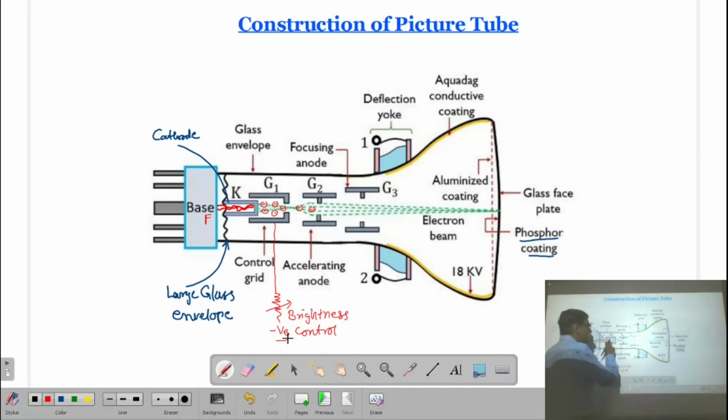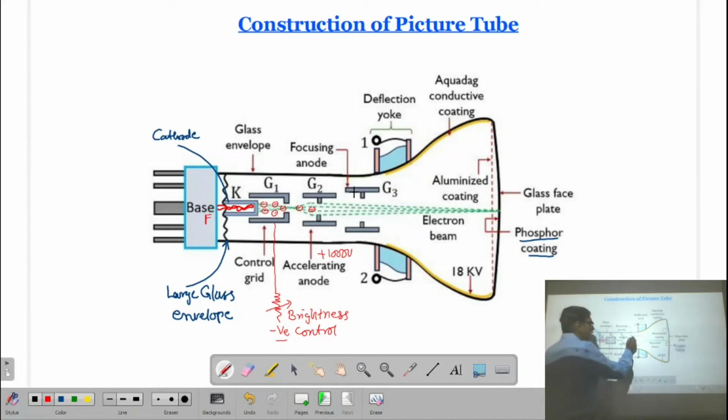Okay. Then this electron is passing through an accelerating anode. Because I already mentioned that the emitted electron has less energy, it does not have sufficient energy to reach the screen. So we have to accelerate the electron so its kinetic energy will increase. It will pass through this accelerating anode, which is normally connected to some positive voltage like 1000 volts. But this voltage is also not sufficient, which we will discuss later.